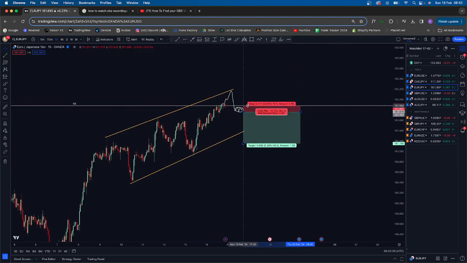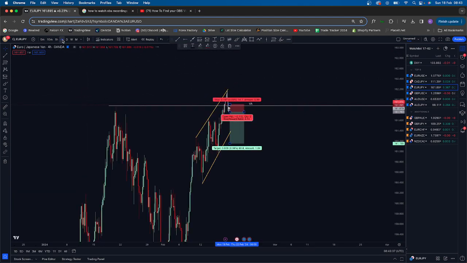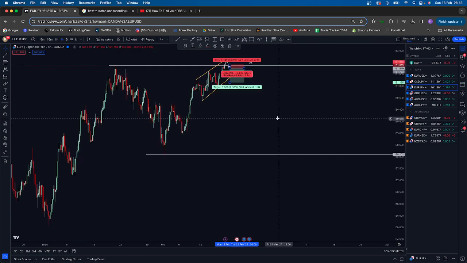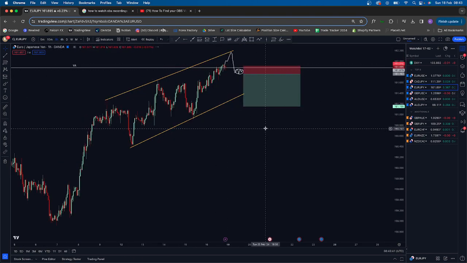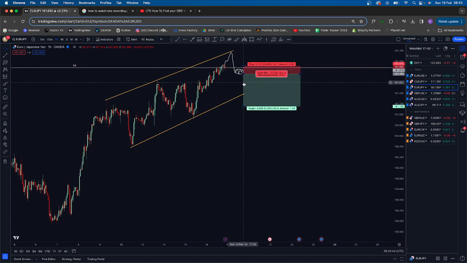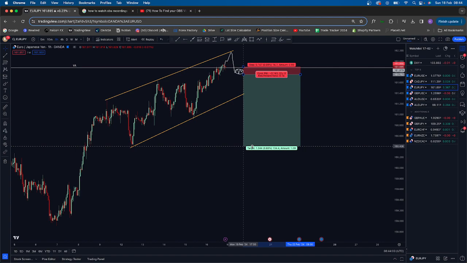So if it's a non-structured flag, again, is it a 4 hour? Let me just go back onto here. So we can see this on the 4 hour. I would be looking at a clean 1 hour push, and then we can get in at almost 15 pips here, and then just to the middle here. The middle is the strongest section of a 1 2 3. We've got looking at a 5.7 to 1, and then just to the bottom, the origin of the move here,